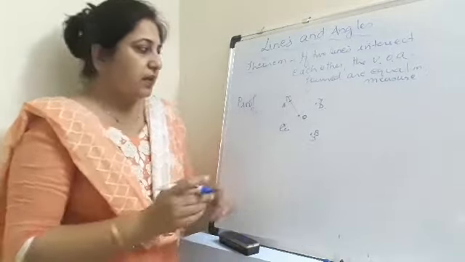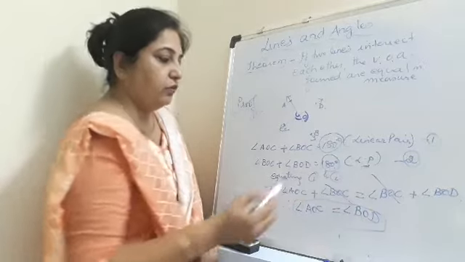And why are we equating 1 and 2? Because on the right side we have the same value. So we can write, therefore, angle AOC plus angle BOC is equal to angle BOC plus angle BOD, right? And when we look at these two sides, BOC and BOC we can cancel, because if I shift BOC to this side it will cancel, and therefore angle AOC is equal to angle BOD. So this is the first part of the proof.